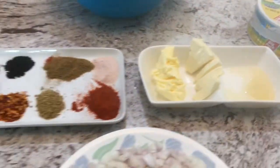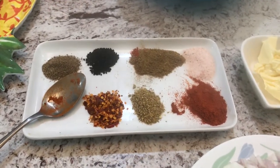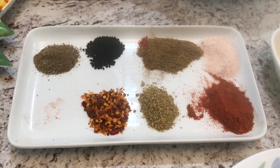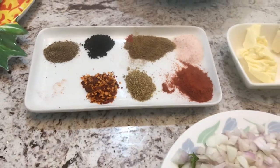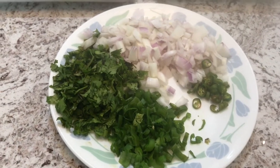For the spices, we will be needing 1 teaspoon of paprika, half teaspoon of coriander powder, half teaspoon of red chili flakes, half teaspoon of salt, 1 teaspoon of zira powder, half teaspoon of black seed, which is kalonji, half teaspoon of black pepper. And for the herbs, we'll be needing 2 onions, which are cubed,